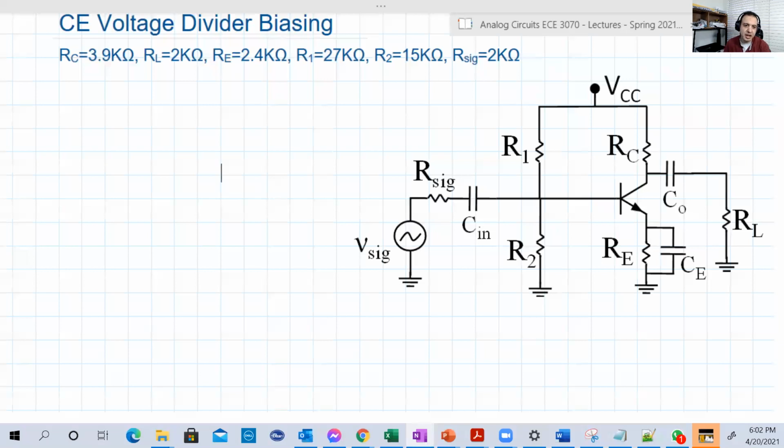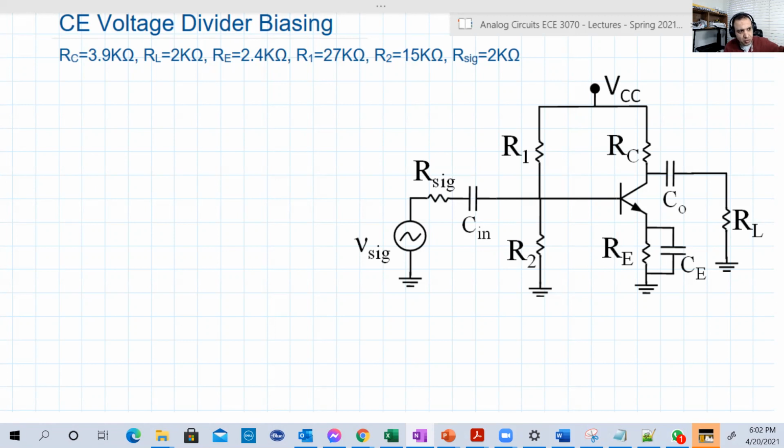Hello guys, welcome back to our common emitter discussion. This is basically another example on common emitter amplifiers. This time we're gonna solve this circuit in DC and AC. We're gonna do everything. The previous two examples were just to explore the main characteristics of the common emitter